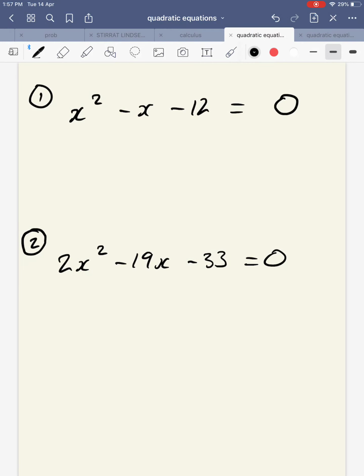Okay, so here are the questions from Dr. Frost, and you are solving these quadratic equations, all right? Now this first one, I'm going to go straight to factorising, put into two brackets. I'm not going to use split the middle term, okay, because this is such an easy one, and it's always